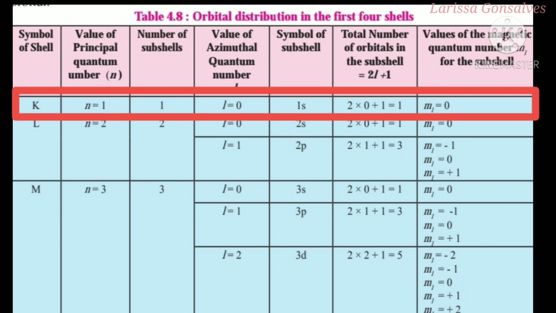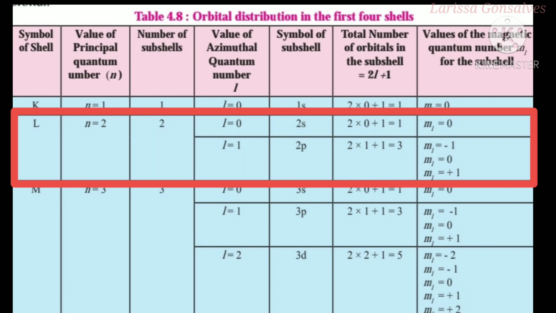So the azimuthal quantum number for K shell will be L is equal to 0. Since L is equal to 0, it is 1s, because we know for S subshell, the value of L is equal to 0. Now, in order to calculate the magnetic quantum number, we use the formula 2L plus 1, and after substitution, we get the answer as equal to 1. So, the magnetic quantum number for shell K is equal to 1. Hence, M will correspond to a value of 0. That means only one value.